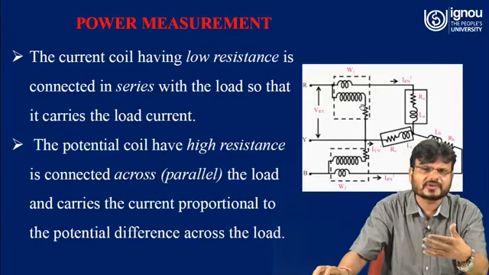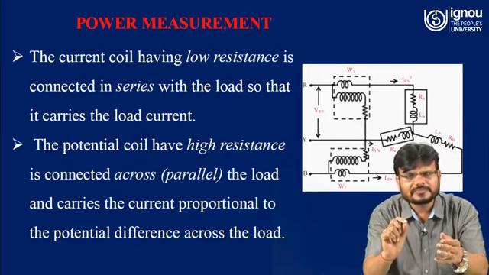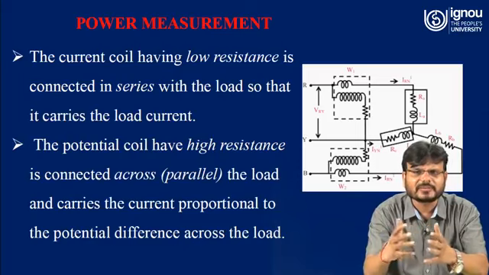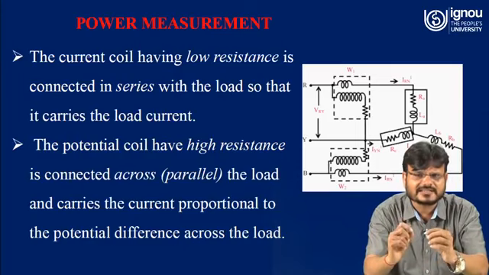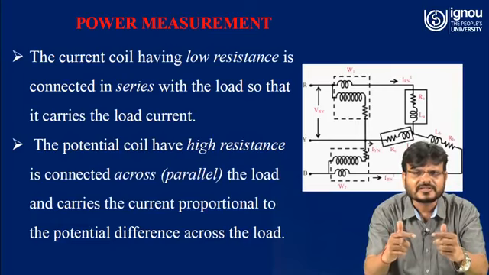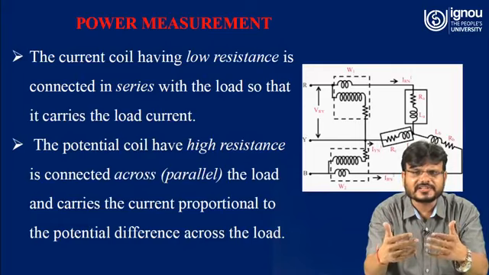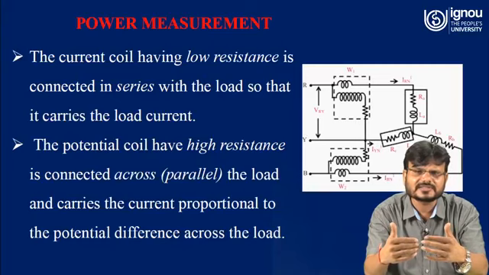Now the current coil. The reason is the same as I already told you: you have to keep the resistance more. Resistance is R equal to rho L upon A. That means resistance is inversely proportional to the area of the conductor, and the area of the conductor is pi d square upon 4. That means if the diameter is less, that means thinner conductors are being used in the pressure coil, the area is less. If the area is less, the resistance is more. If the resistance is more, the current is less.